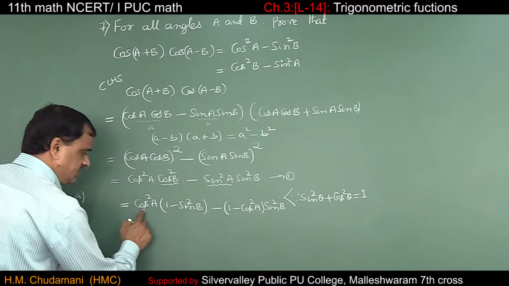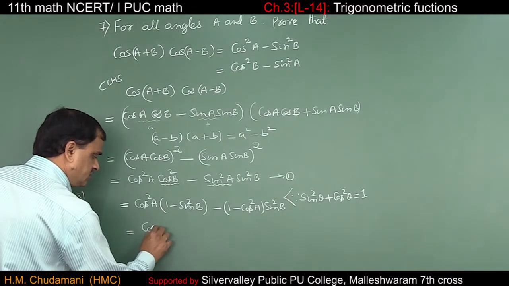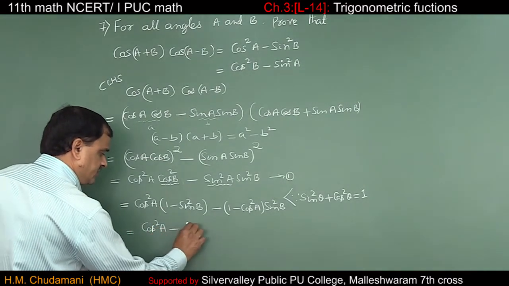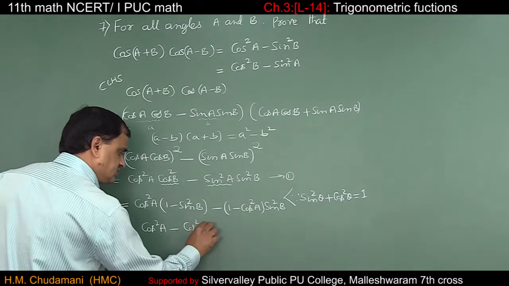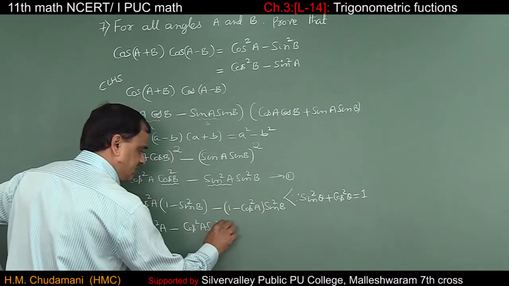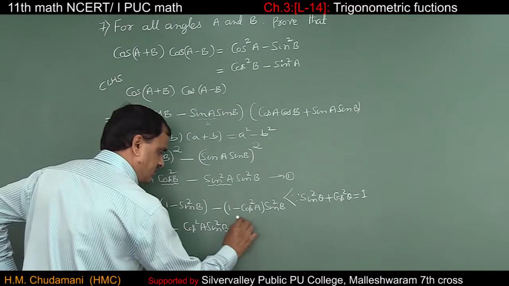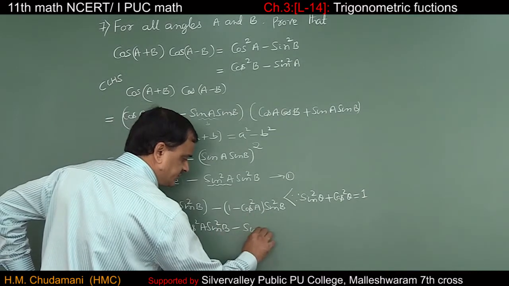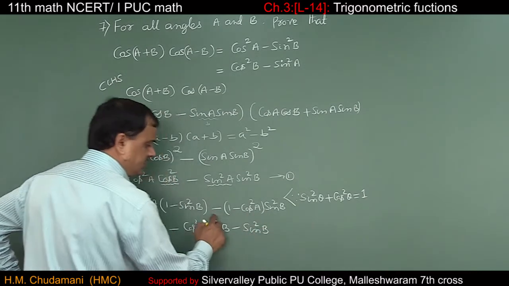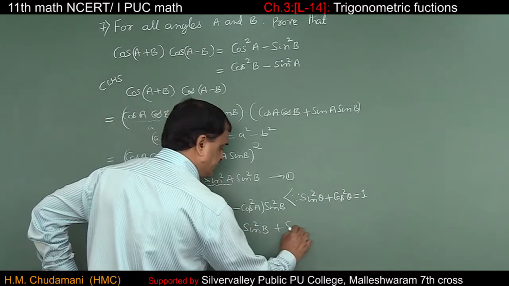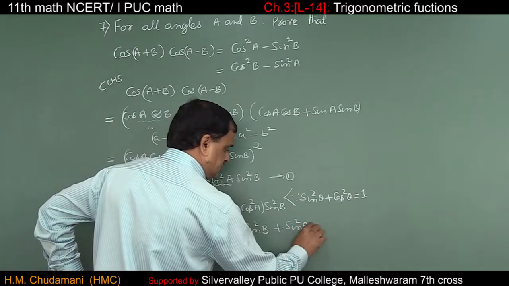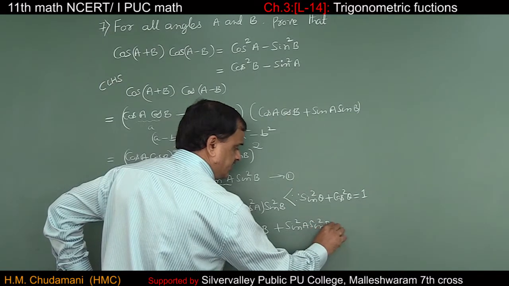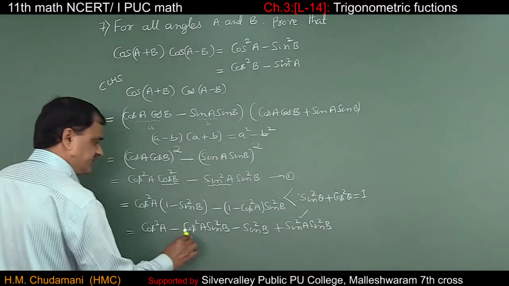Now multiply cos square a into 1, cos square a, minus cos square a into sin square b, minus 1 into sin square b, minus of minus plus sin square a into sin square b. This is positive,